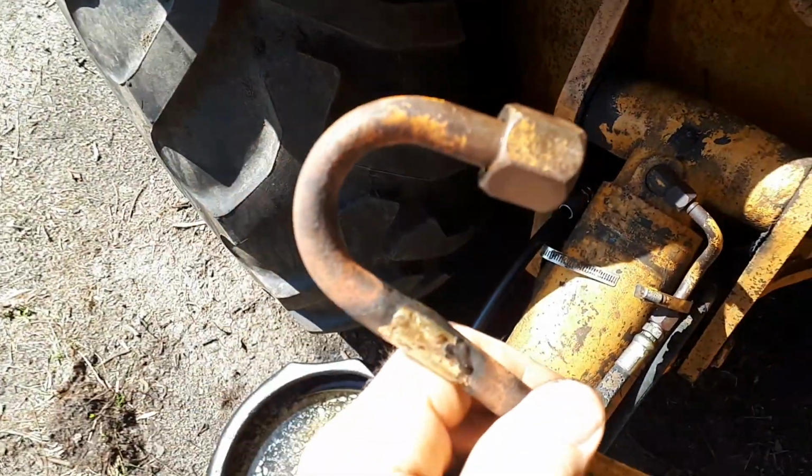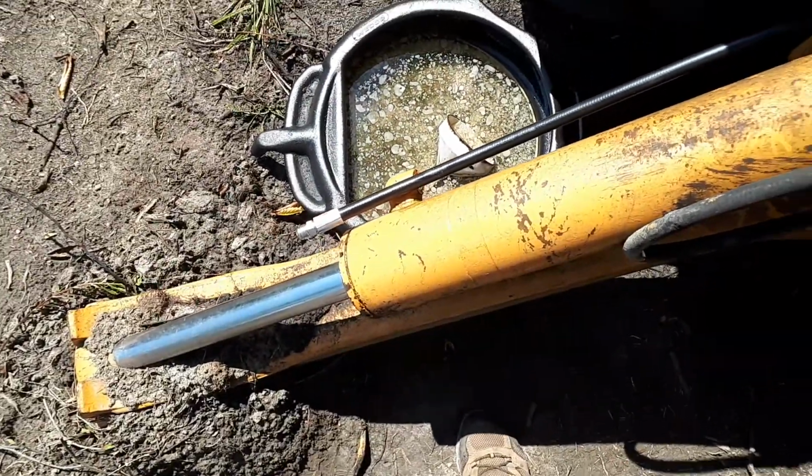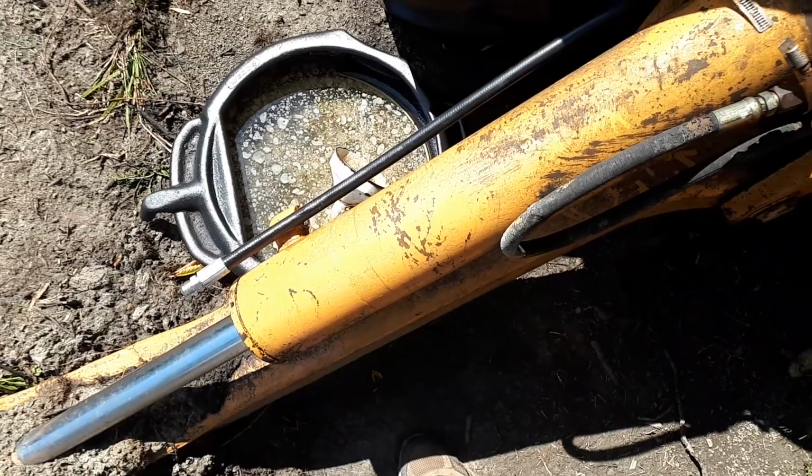It may have some dust and some bits of metal in there or something, so I don't want to put that on until it's cleaned out. Yeah,